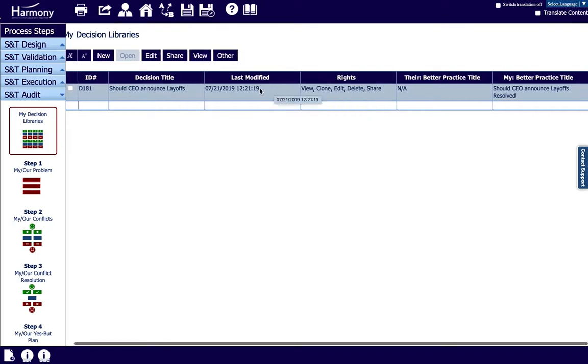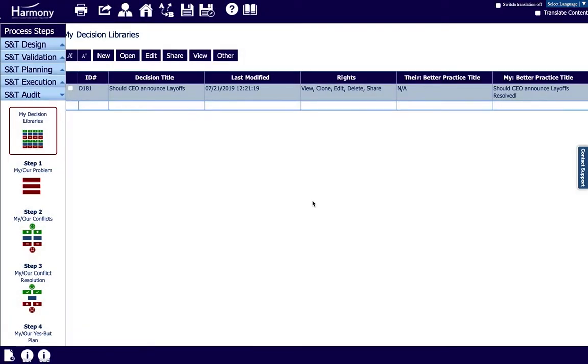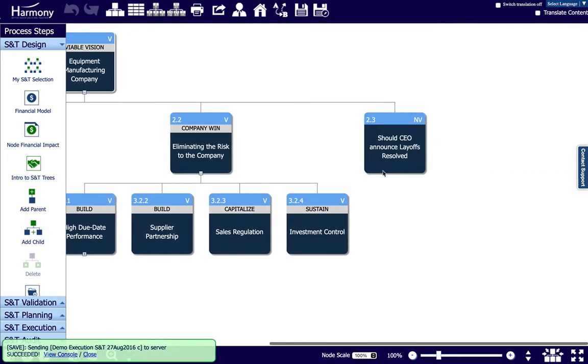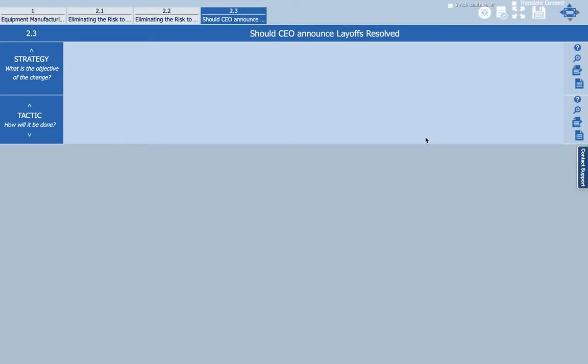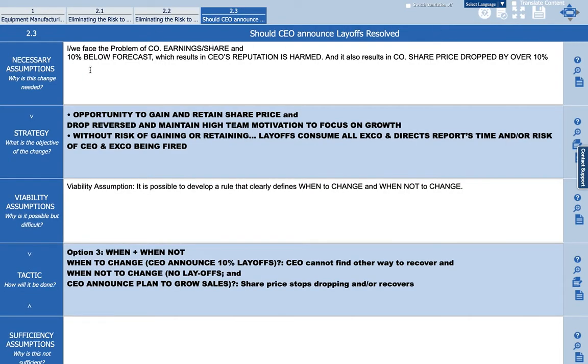And if I've already resolved it, once I select it in the other options, I can say add it to the tree, and I can select it to say add it to my tree. And that will take me back into that S&T view, and I can see there it's added it over there. If I double click on it to open it up, I can see that it's in there with my selected option, as well as the various assumptions for why this change was needed,